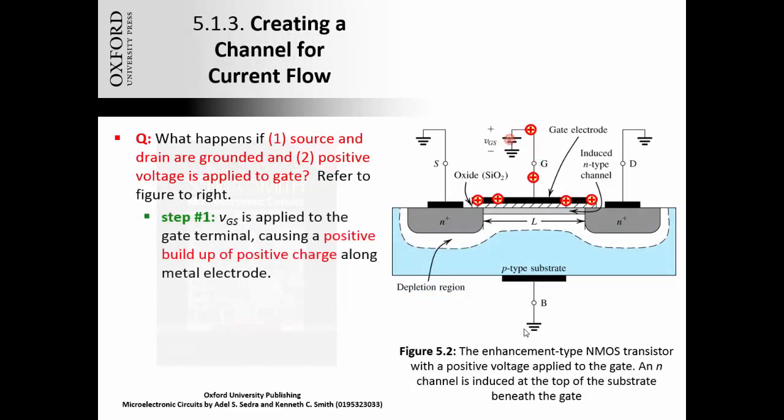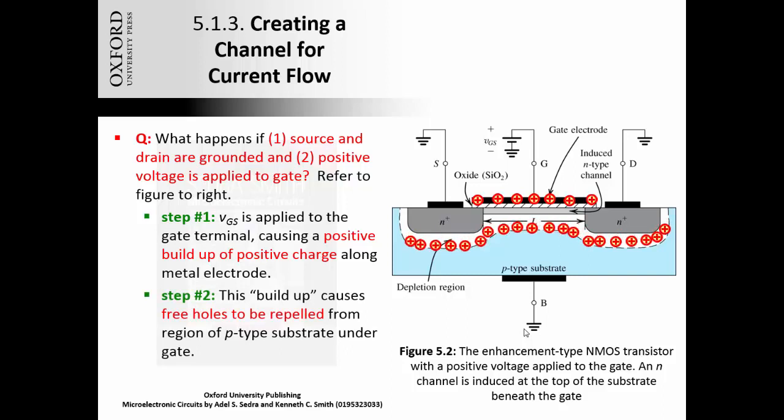Now what happens if the source and the drain are grounded and a positive voltage is applied to the gate? So the first thing is that positive charge is going to build up on the gate electrode because the gate is now at a positive potential relative to the rest of the MOSFET. Secondly, this buildup of positive charge at the gate causes free holes to be repelled from the region of P-type substrate